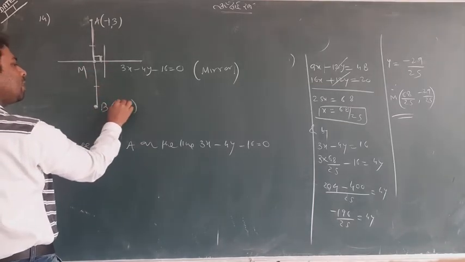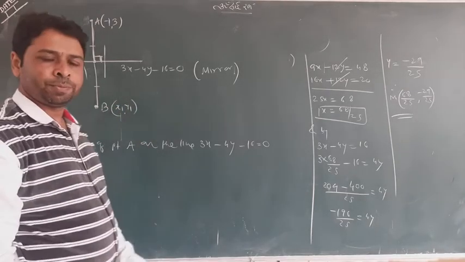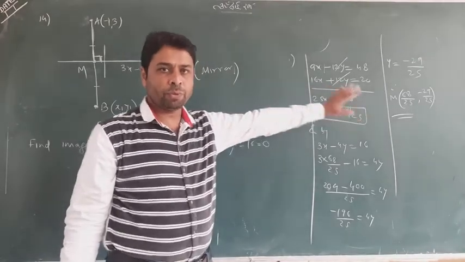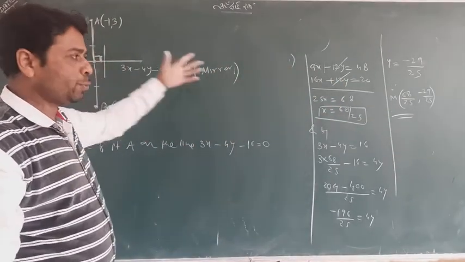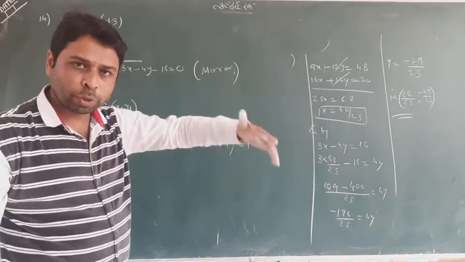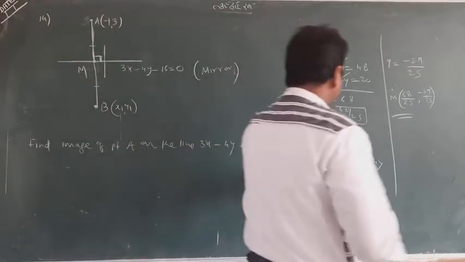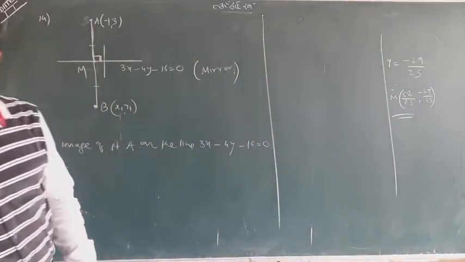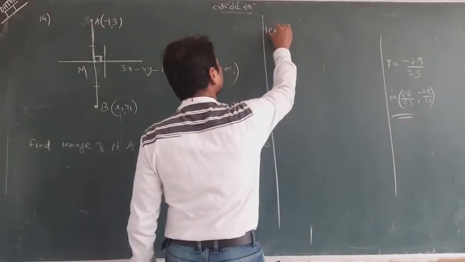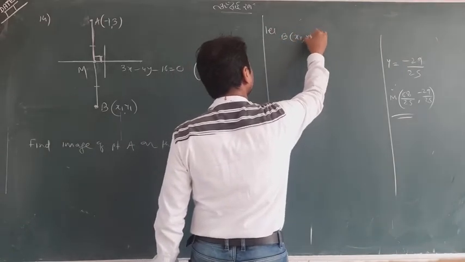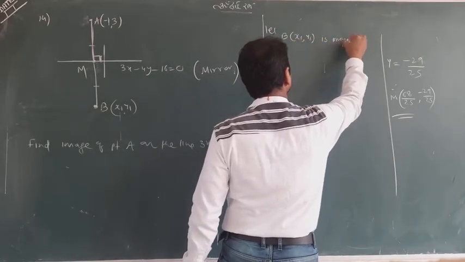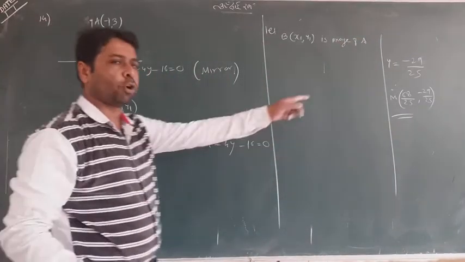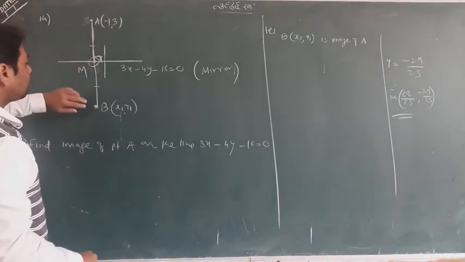Suppose B (x1, y1) is its image. So what will we do? We actually do till M. We will find the point M as we have done till here, so we don't want to repeat it. But I will teach you how we can find its image. So I will extend my answer here. Let B (x1, y1) be the image of A. For finding the image, you have to find the M. You already have got it.